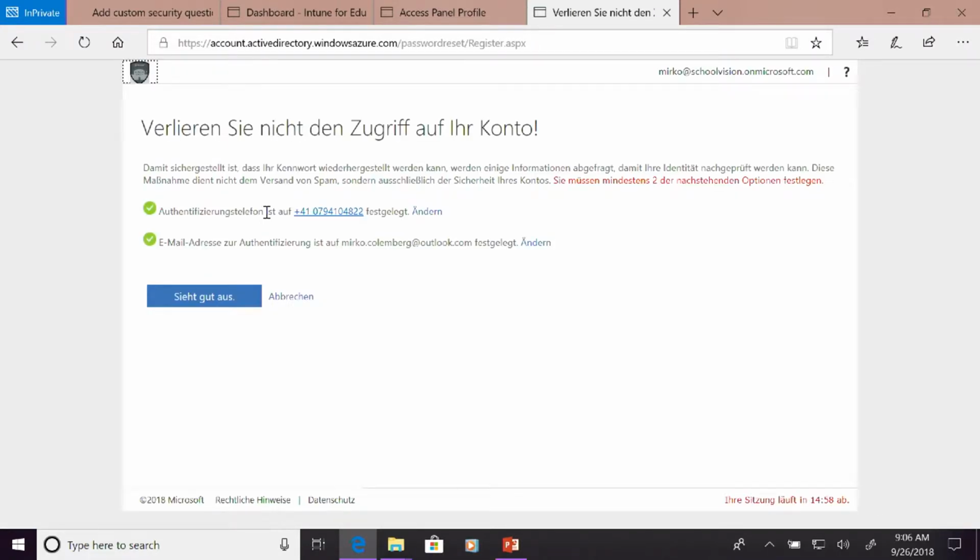So now I added for my administrative account my phone number and my second mail address. But the kids would like to show their security question and fulfill. But you have to be a little bit careful and tell the kids you have to remember those 3 questions that you answered there. That's important, but it's simple and pretty cool.